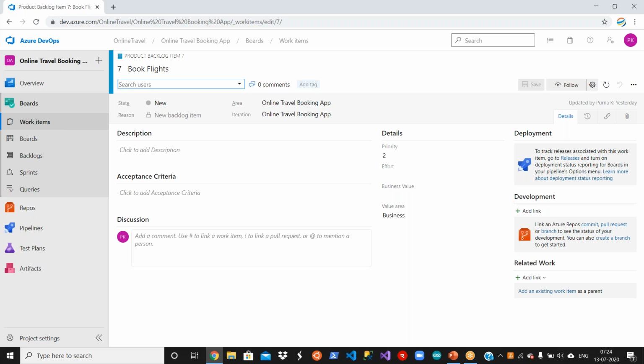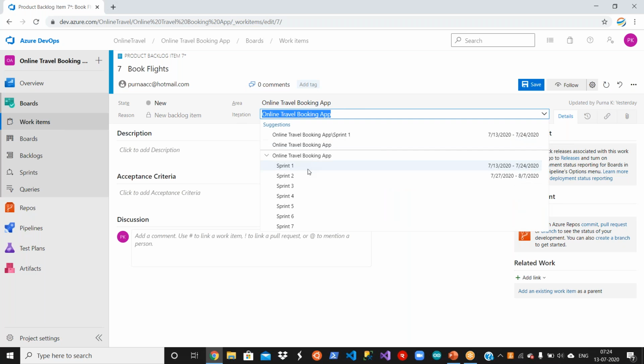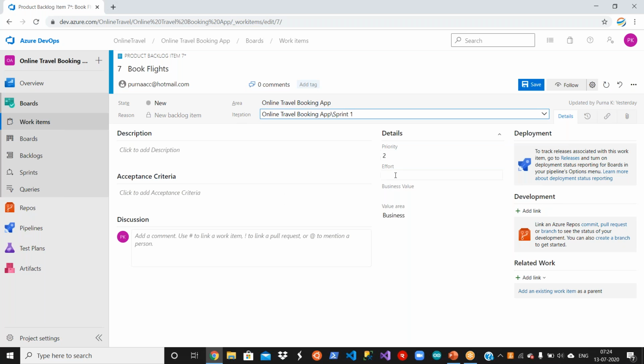Okay, we'll try it. Let me complete this one. Who else do I have? Another person is Purna ACC, right? Search. Let's make it in sprint one, and then priority is okay. Let's make it some 60 hours. Business value one, and then this is an architecture. Okay. Likewise, people will do the sprint planning. Okay. Once this is done,